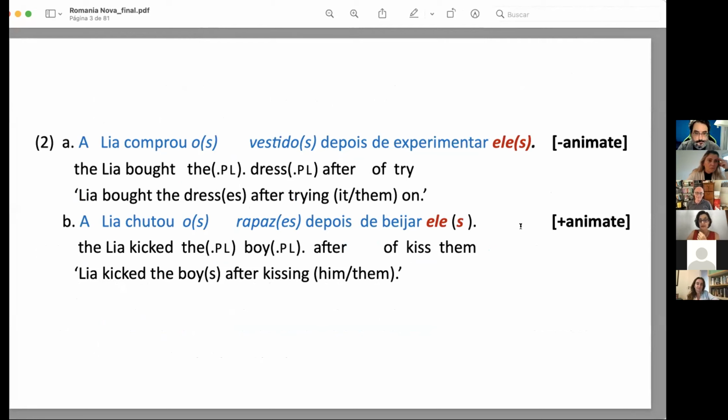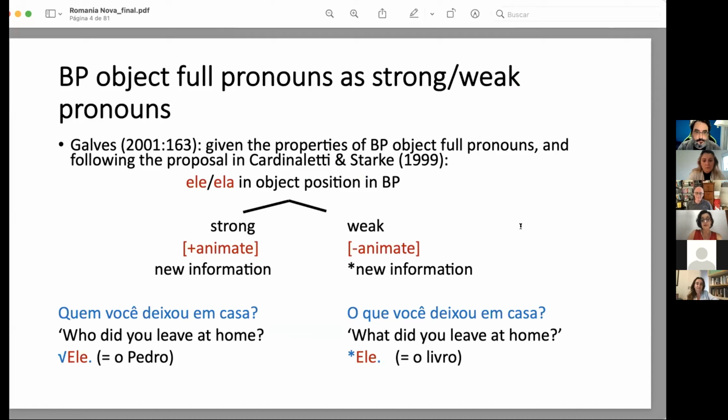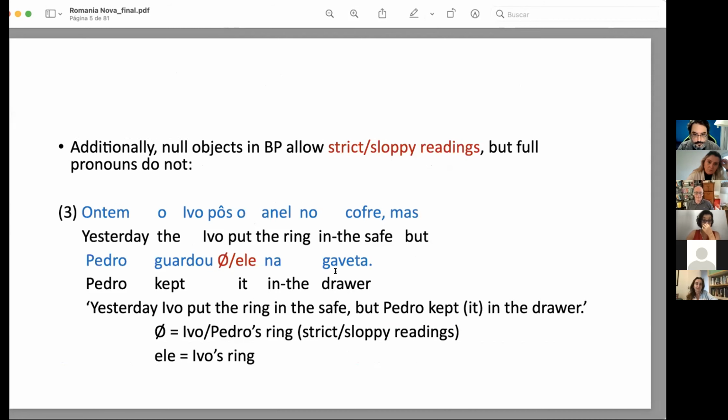So both are perfect. Now, in the literature, for example, Galvez, 2001, proposed that given the properties of Brazilian Portuguese object full pronouns, and following Cardinaletti and Starke's proposal of weak and strong pronouns, these pronouns, ele, ela, in object position in Brazilian Portuguese could be either strong or weak pronouns, depending on animacy. So plus animate would only be able to occur when there's new information, like in the sentence here, and the minus animate would be impossible because they couldn't convey new information. Now, additionally, null objects